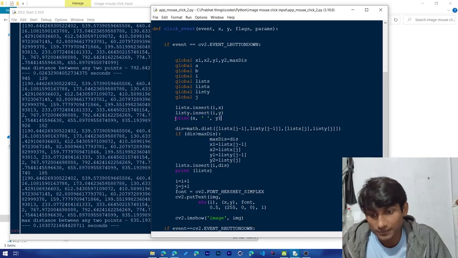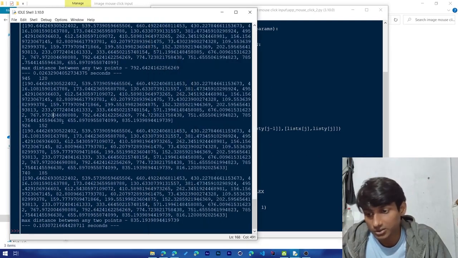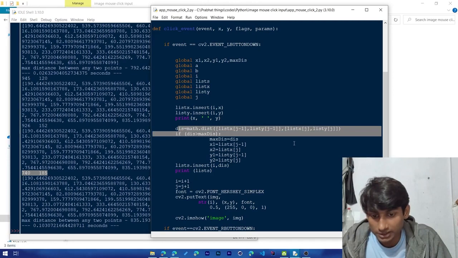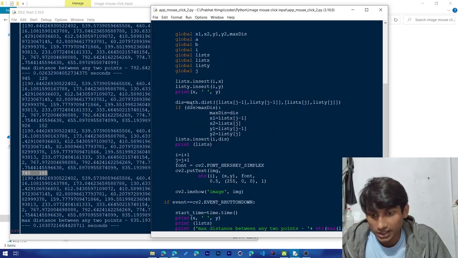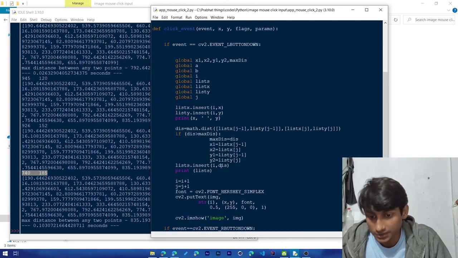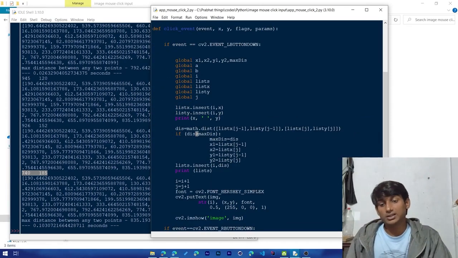And we also want x and y to be printed over here, so you can see that the x and y coordinates have been printed again and again, and this will just calculate the maximum distance. First of all, you can see that the maximum distance has been set to 0, so that after that we can just